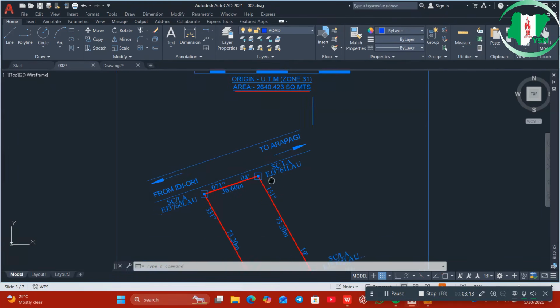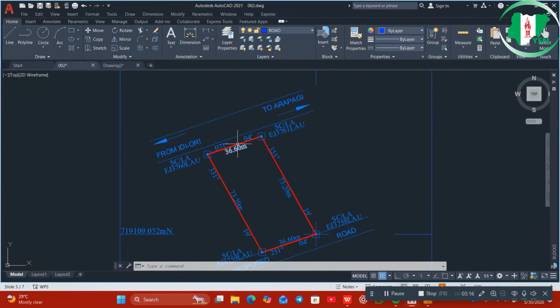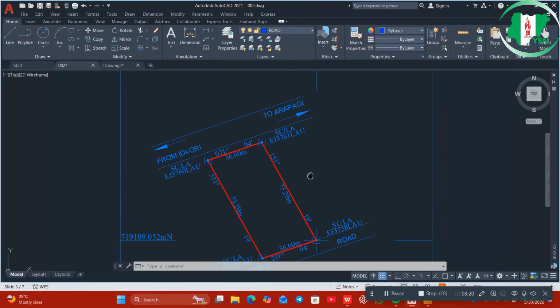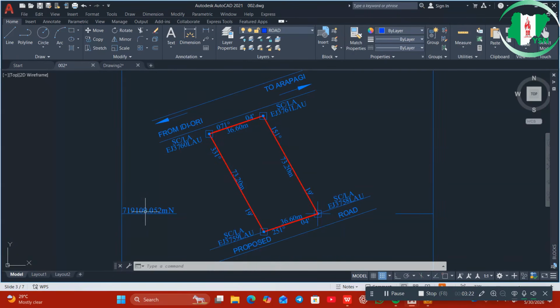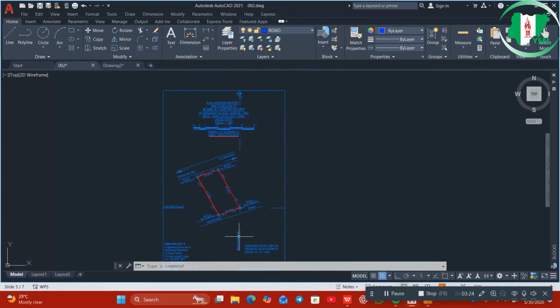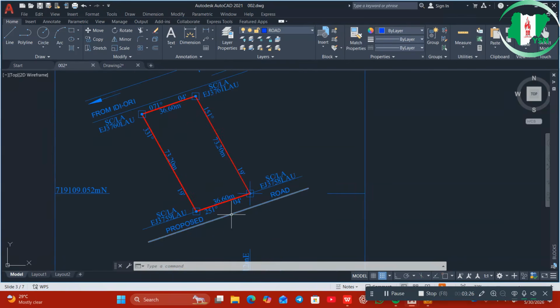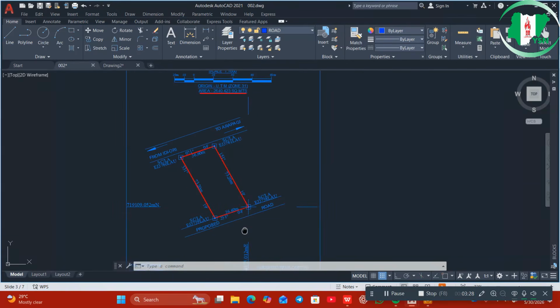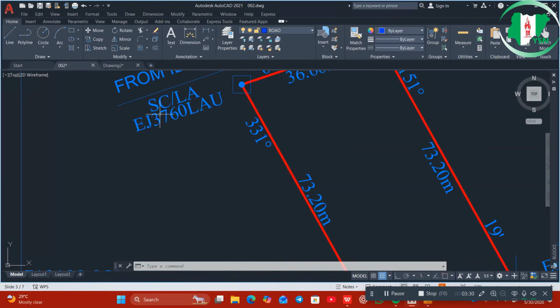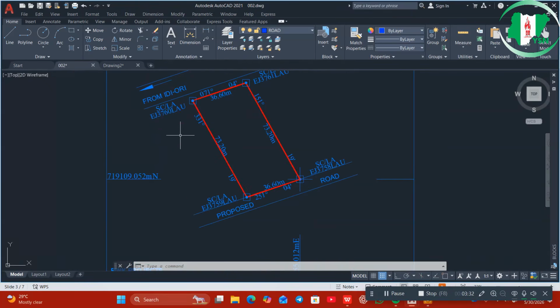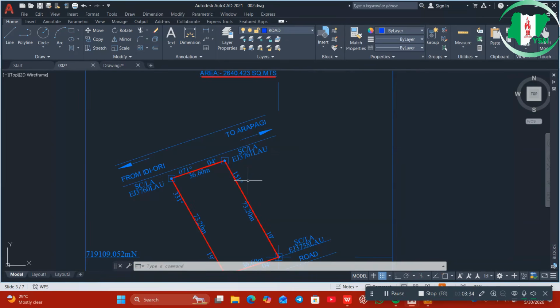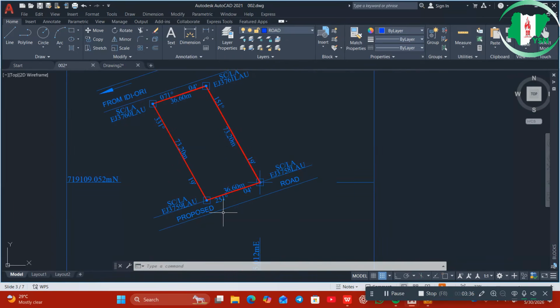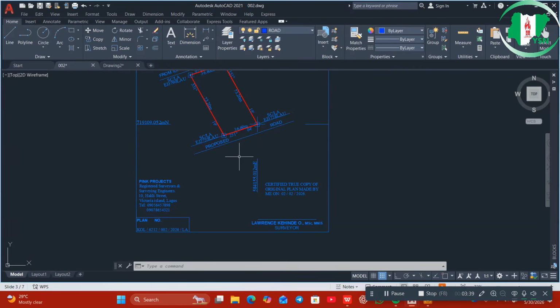This is the boundary plot labeled with the bearing and the distance. We have quoted coordinates here and here, as you can see. Also, we have beacon numbers, which are very important. We're explaining what beacons are and why their numbers are very important, and also talk about them when we are creating blocks. Then you have your surveyor's name,